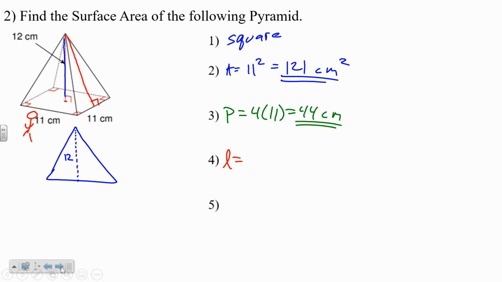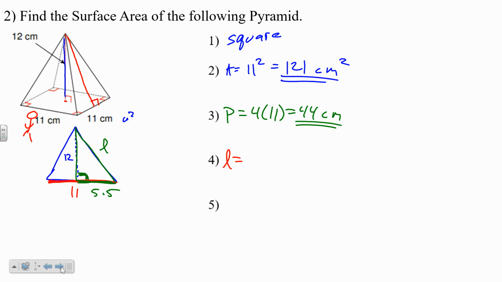And then we know our whole base is 11 centimeters. Now we're going to use the Pythagorean theorem by making this into a right triangle, and then we're going to be able to find this hypotenuse as our slant height. The only other thing you have to realize is the base, the whole thing, is 11. We only want to use this part of it, and that ends up being perfectly half of that. So half of 11 is 5.5. So that is what you're using. This is the right triangle we're looking at. So to find the slant height, you end up with